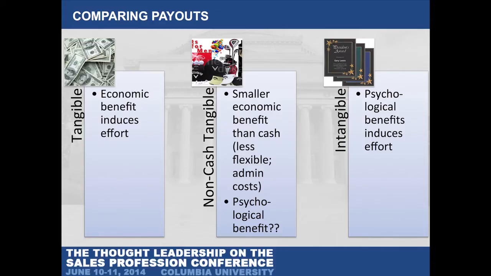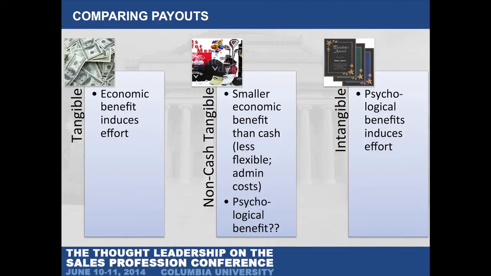So if you want to compare these things, the storyline, and Doug is much more fluent than I am in expressing that, there's some magic words he used called principal agent. The idea is that if you give people money, they're going to work, and they're going to balance off effort against cost. It's an economic view of the world. Fair enough, okay? For intangible rewards, there are psychological benefits. And it's the same thing. You motivate people, but you motivate the effort. I'm going to use motivation and effort sort of synonymously here.